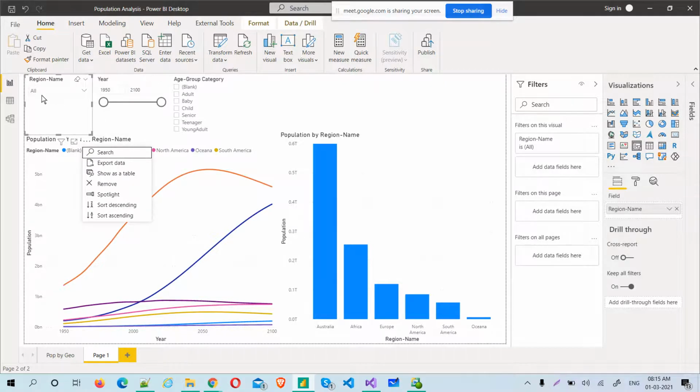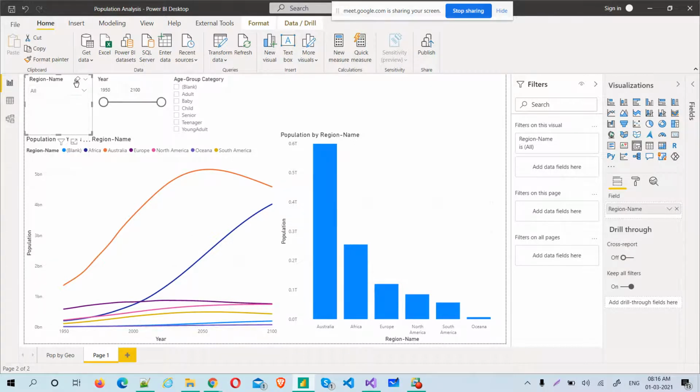Sometimes you need to select, but you don't want to go and scroll to select. If there are a lot of values, you can enable the search here. So a search box will come. Once you open the drop down, the search will be available, and you can type the search. Here we actually have fewer values, so search may not be useful. But let's say you have a lot of values here, then enable search, just search for it and then select the value. That's why it is very useful.